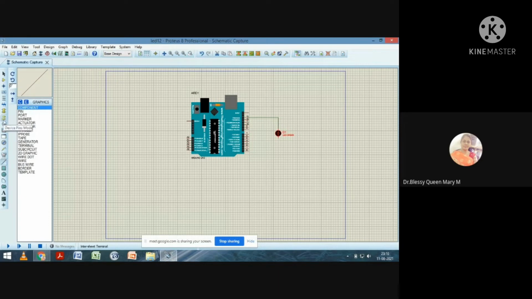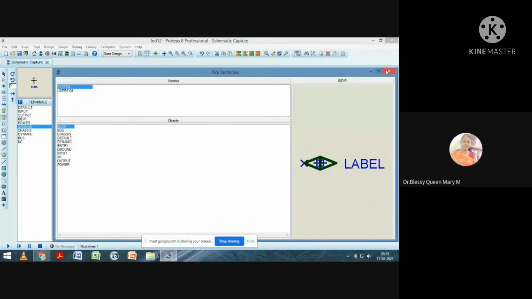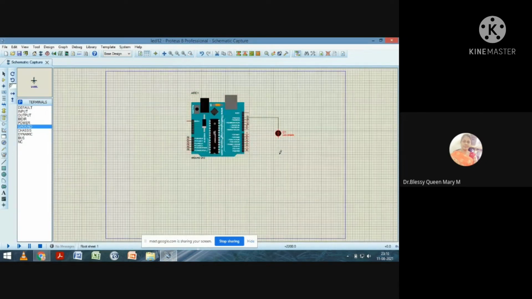We have to take that ground from this component mode or terminal mode. Okay, this is our LED.